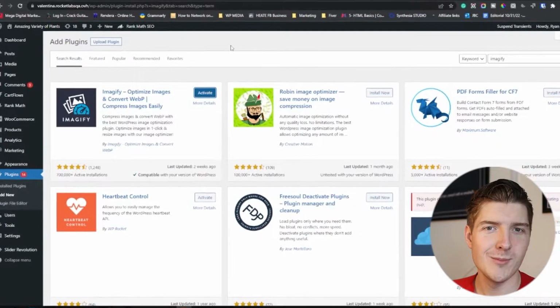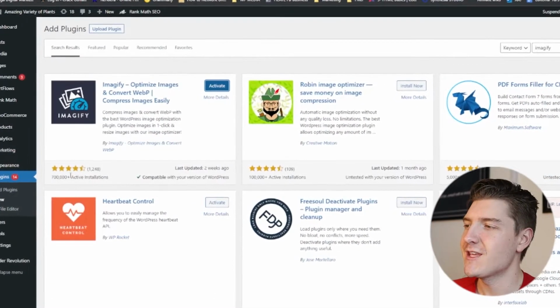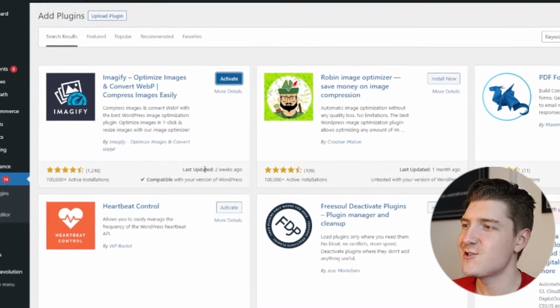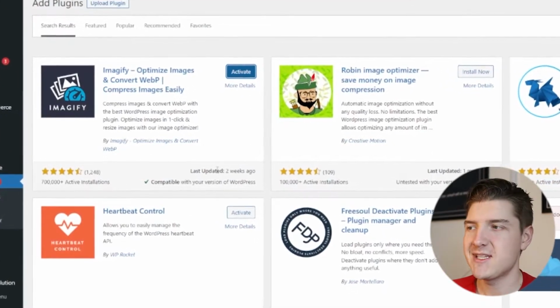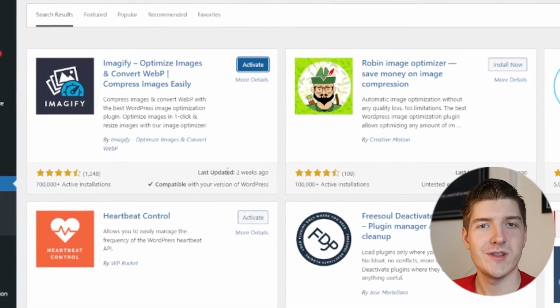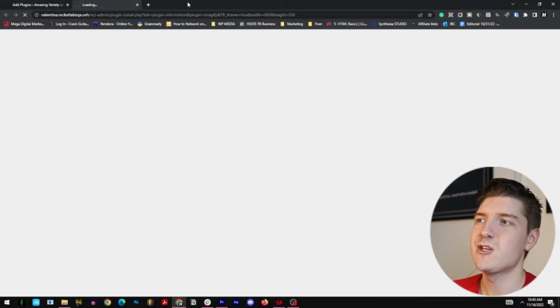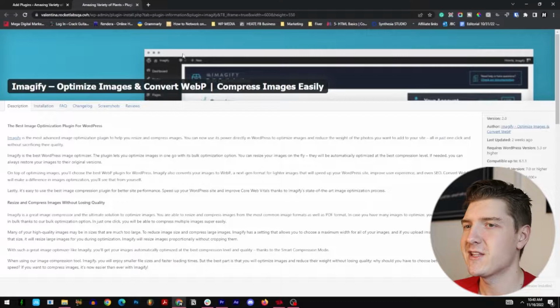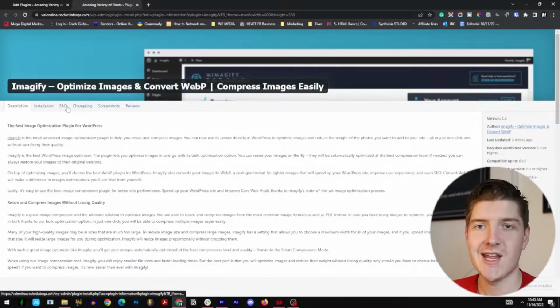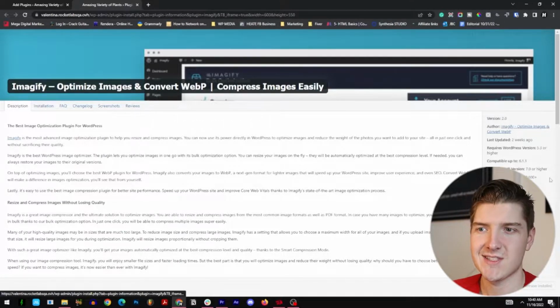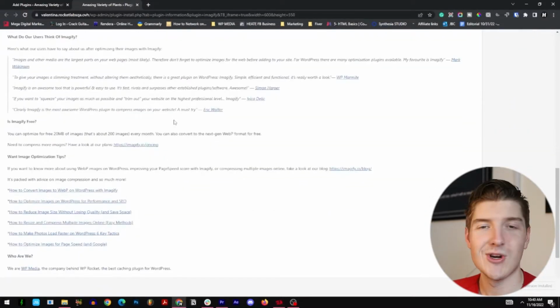Now, there's still one more step, but I also want to show you here that you can see the ratings of plugins. You can see how long ago they were updated, as well as if they are compatible with your version of WordPress. And if you click on the more details section here, it will take you to the page where you can learn all about the plugin. You can see the installation, FAQ, changelog, screenshots, and reviews, as well as a whole bunch of more information about